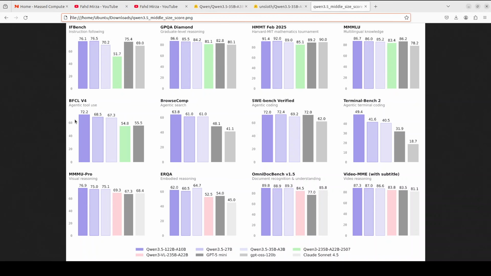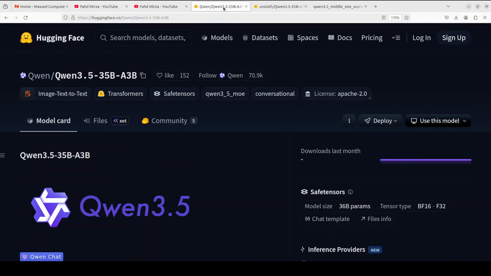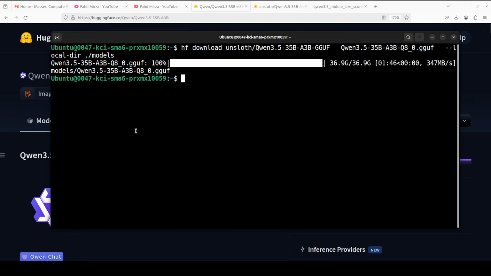But you know what, if you ask me, I would still run this 27 billion dense model in production because the performance is really good. So if you have the VRAM available, if you're looking to deploy a model locally, I would highly suggest you run this 27 billion, but we will see how exactly this one performs too. Let's go back. Okay, so the model is now downloaded,